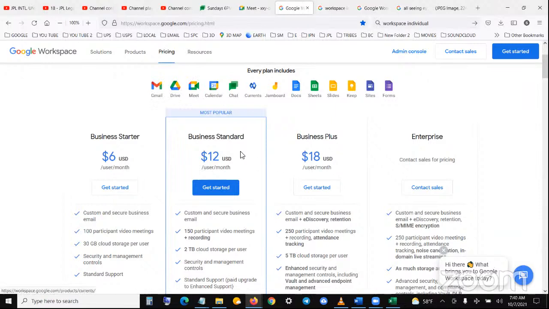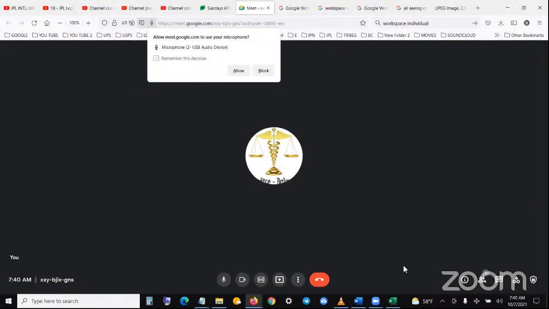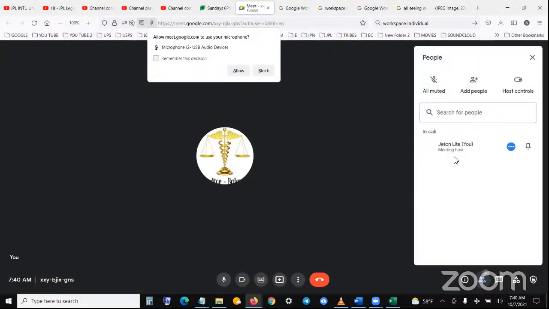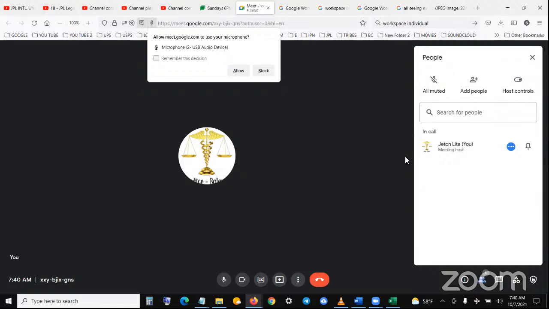So I'm going to be calling people from my workstation, just like I'm doing the Zoom right now. Right now, I can go here and I can call out. Right here, add participants. Here I can mute all, add people, host controls. I can add people by calling out with a text number. I'll be calling the Treasury. I'll be calling the trademark office. Everything is going to be official. It's going to be my office. And let me just minimize that YouTube. And it's going to be my office.